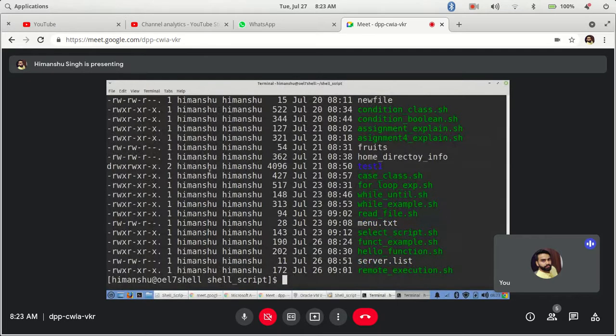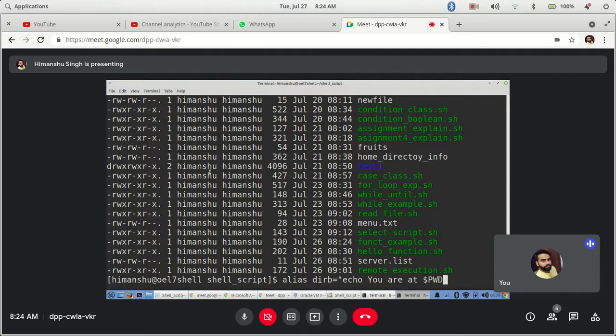Alias can be used for anything. Let's say I will create an alias for showing what is the directory currently. Let's say dirb equal to echo you are at dollar pwd.